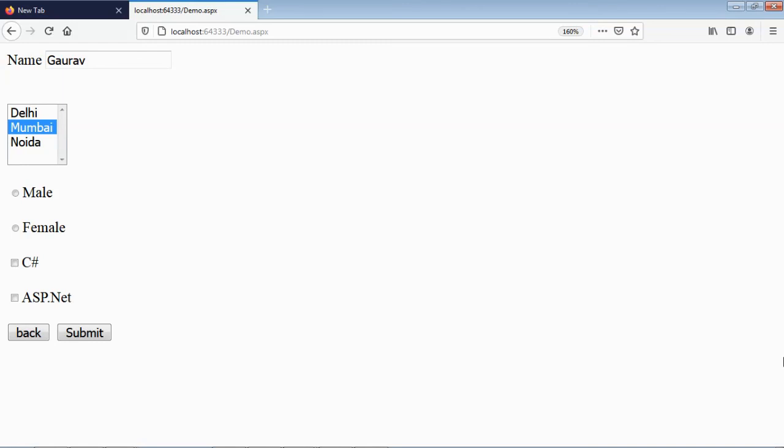Now let's talk about the summary of this session. In ASP.NET, you can add standard controls to a form such as label, text box, list box, and so on. Each control can have an event associated with it. The most common event is the button click event. This is used when information needs to be submitted to the web server, which I have discussed here.